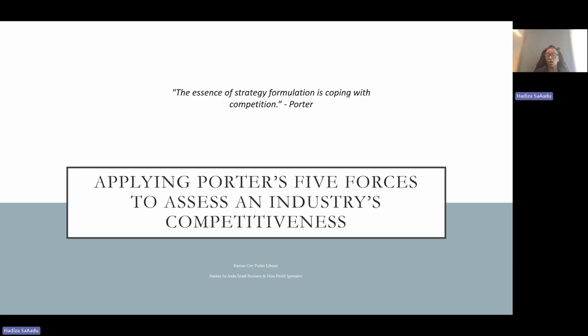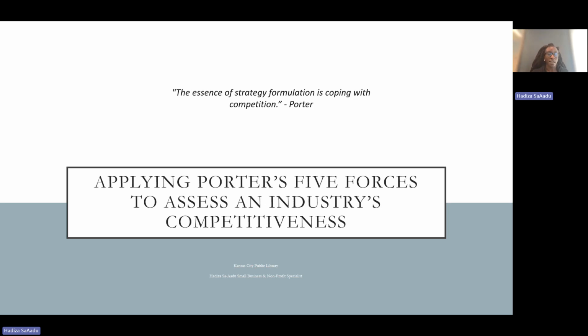Okay, so a little bit of background so that we can situate ourselves in some context. We're not going to get into the history of the development of Porter's five forces, but I do think it is important to have a little bit of understanding as to why the model was developed and what kinds of academic principles the model is based in. Porter's Five Forces actually came about in 1979. Previous models like the SWOT analysis, which is very commonly used and still used by a lot of people today, a lot of people know what a SWOT analysis is.